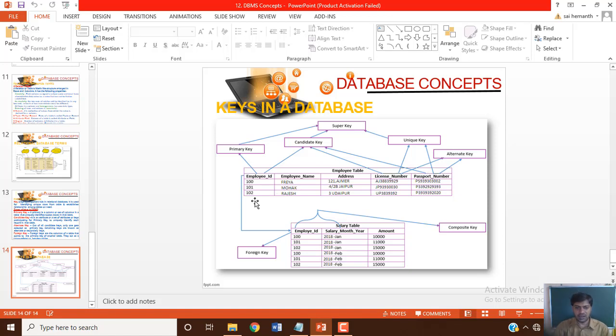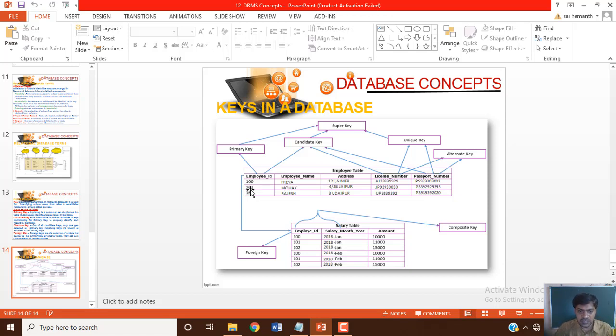Duplicate value here means: in the employee ID column, the first row is 100, then 101, 102. If you try to use 100, 101 or 102 again, it will not be accepted if you have specified the primary key constraint. The value can be used only once and cannot be repeated. That is what we call a primary key.